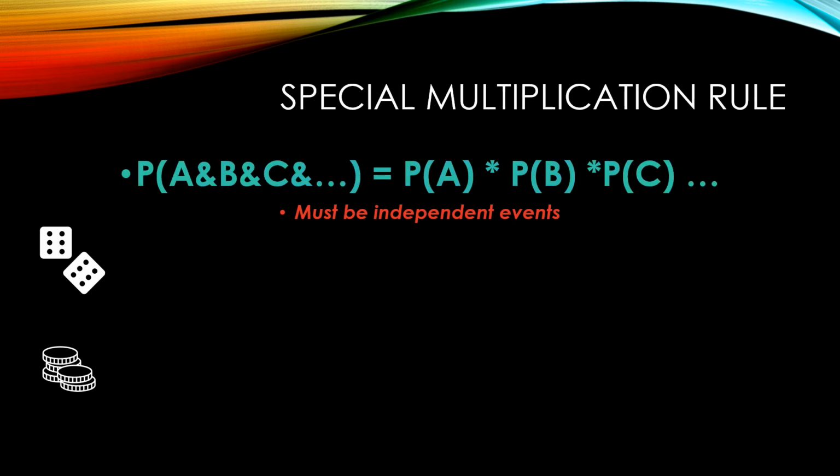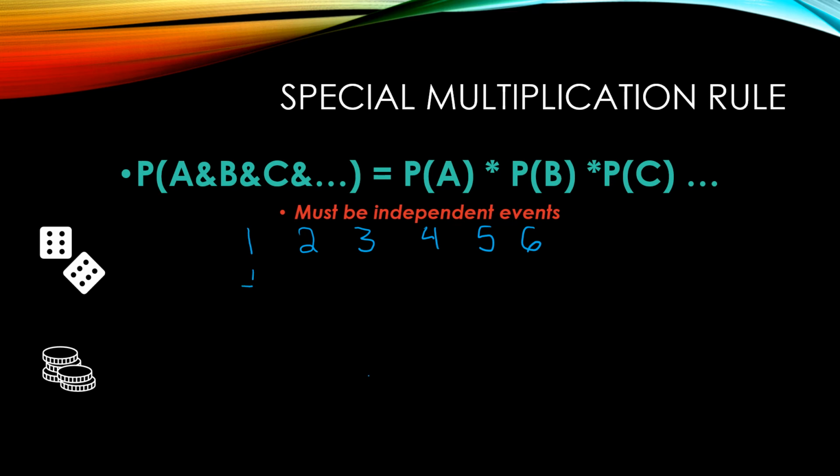This version of the special multiplication rule just tells us that this can be used for a lot of different events happening at the same time. So if we were to say we want to roll a dice 6 times, and we get a 1 the first time, a 2 the second time, a 3, then a 4, then a 5, then a 6. So assuming that the dice is a fair dice,